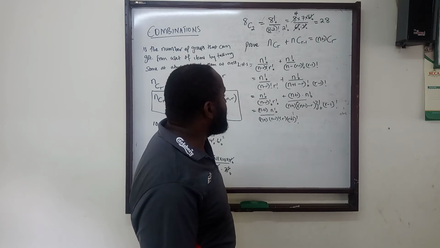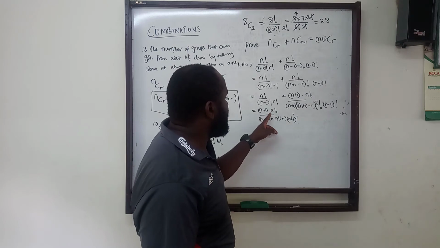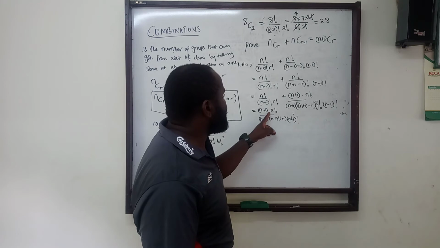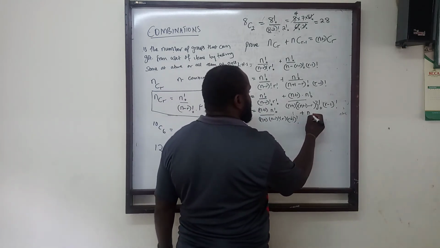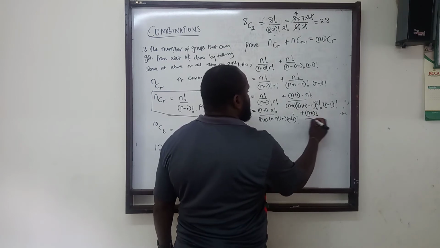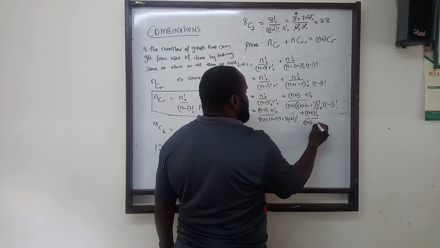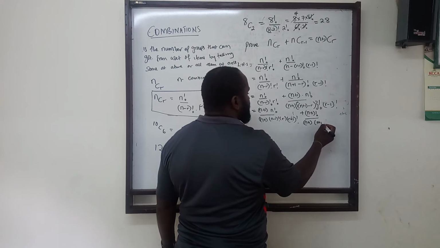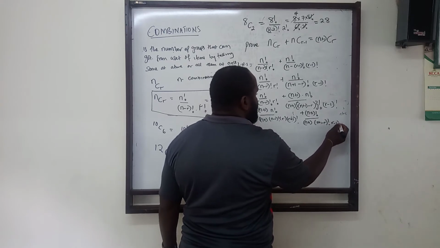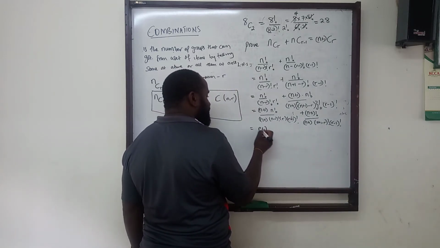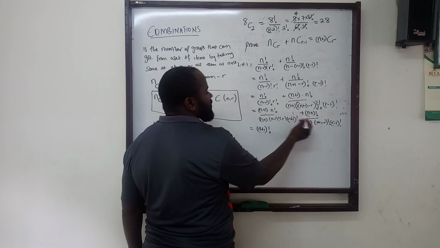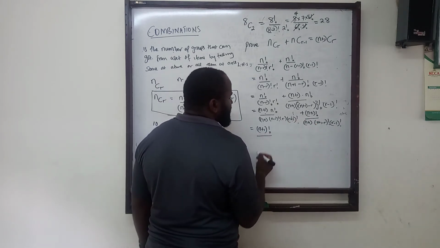So now I have common terms. Actually, the common term is now (n+1)!, plus (n+1)! over (n+1)(n+1-r)!(r-1)!. So it gives me (n+1)!, because of both of the numerators, divided by,